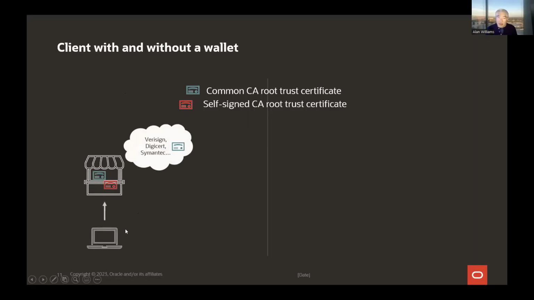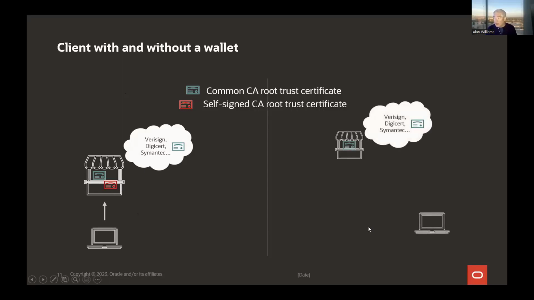And client without a wallet means that you can just use the trust store in your client to validate the certificates that are coming from the server. No wallet needed. No wallet has to be managed, and that just reduces the layer of complexity on the client side. If you need to use a wallet, it could be for one